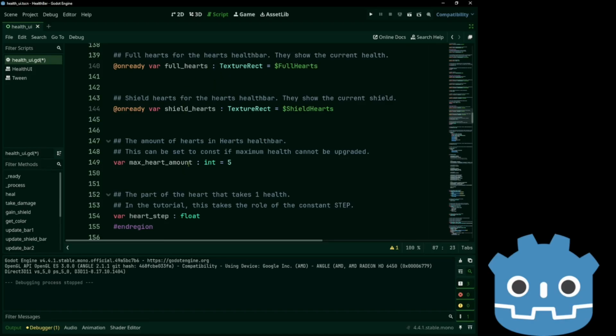Now on the hearts, I changed heart amount to max heart amount. We can also set it to a constant if our maximum health cannot be upgraded. And the heart step. This one we can multiply by our health to get the correct width of the full hearts.